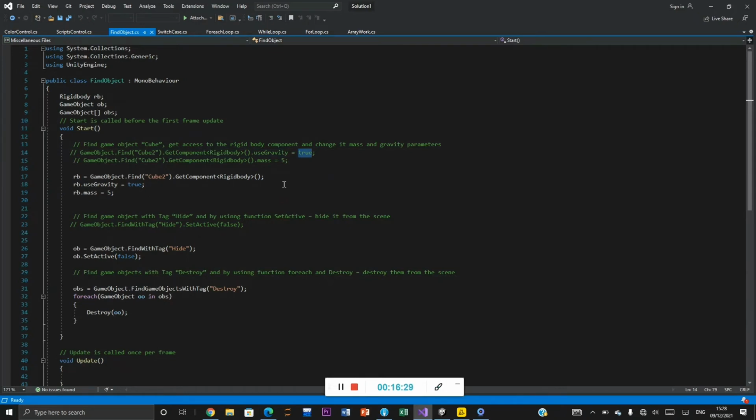If we enable the gravity, our cube will fall down. And in mass, game object find, our cube dot get component rigid body, mass equal 5. This is the first way